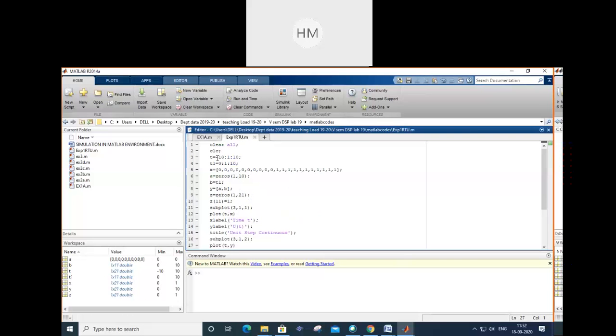Second program is we are taking limit from -10 to 10. T1 हमने display किया है for ramp function which will vary from 0 to 10 with the difference of 1. I have defined one array of x. First 10 are 0, last 10 are 1. This is for unit impulse. This is for unit step function. X is defined for unit step function. All zeros before t less than 0. After that it is 1. Clear?